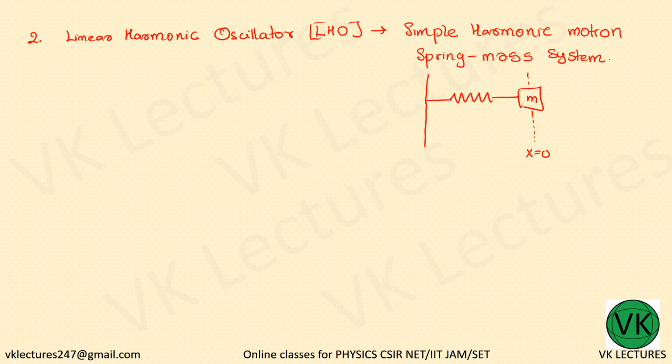Simple harmonic motion or linear harmonic oscillator oscillates about a stable equilibrium point. Oscillates about a stable equilibrium point. So this spring mass system,